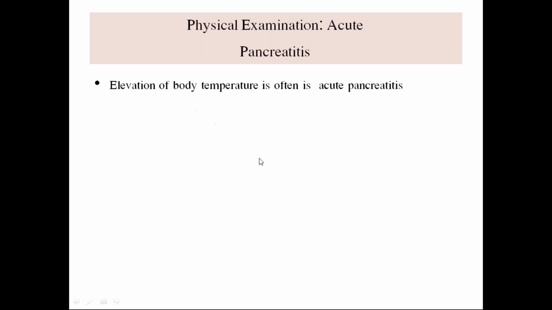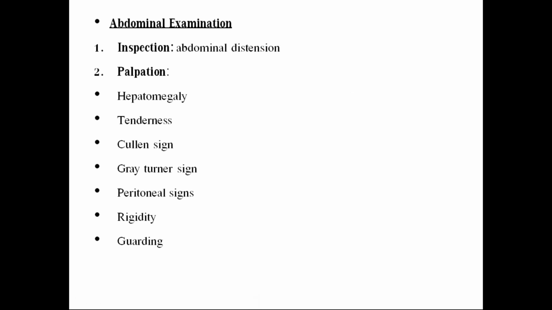Coming to the physical examination, there is elevation of body temperature because of the release of inflammatory mediators into the circulation. The patient will be febrile. On abdominal examination, there will be abdominal distension and a decrease in the movement of the abdominal wall with respiration because of the underlying inflammatory process. Coming to palpation, there would be tenderness in the location of pathology, and the important signs,